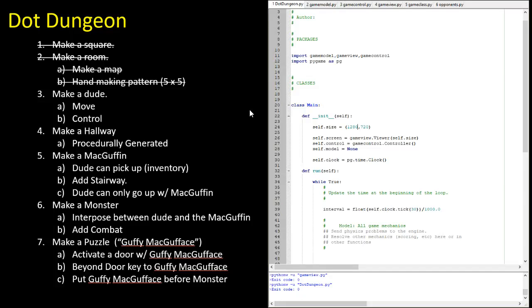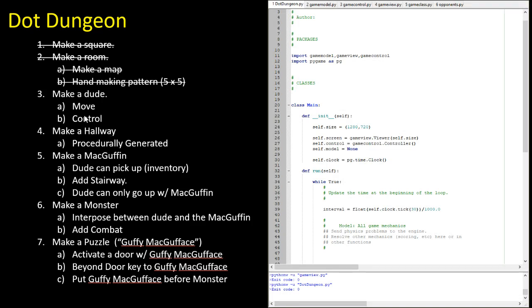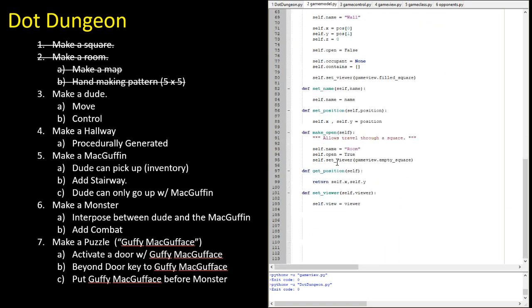Okay, so now for part 3, we want to make a dude, right? We want to make a dude, and want to be able to move him and control him and stuff like that. So these are things we need. So we're going to have to go to the model and create a guy,